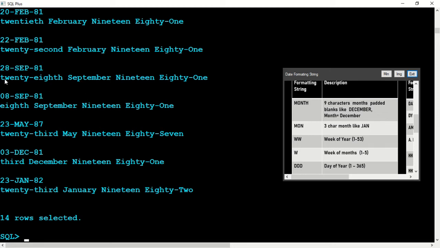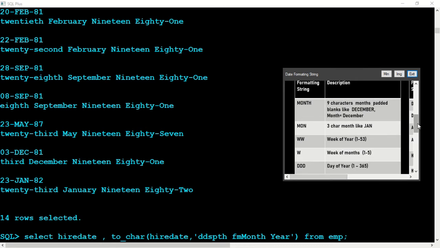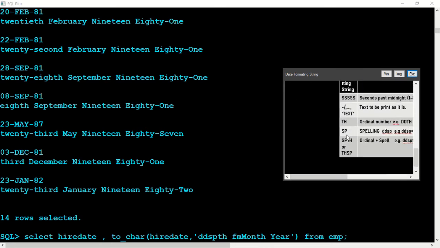Say this one is 28th September 1981, 22nd February 1981, and so on. So if you wanted to format the date, you can use dd spth. Now that spth is all here, you can see in the second chapter, spth, th, all these things are there.